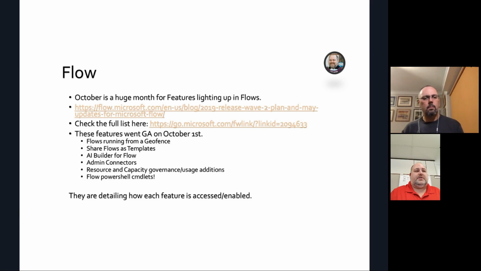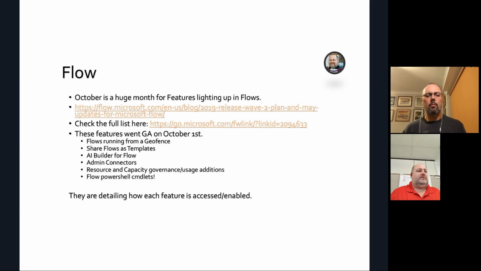Being able to share flows as templates. Right now, you have to share pretty much the entire content of your flow. You can't just hand somebody a working skeleton and share it. You have to give them full access. And while you can copy the source code, it does include stuff that you may not want. AI Builder, for some smart next best activity guessing based on patterns and the AI platform.